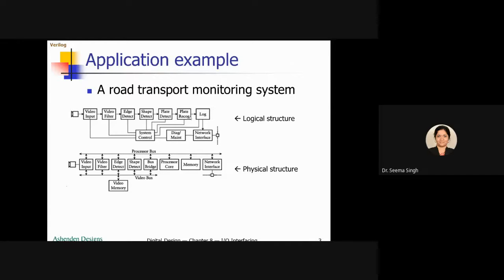The video images are analyzed to identify the license plate of each truck passing underneath, and the time and the license number are logged. So the process involves capturing the video image, extracting the license plate information, and along with that the time when all this is being done.